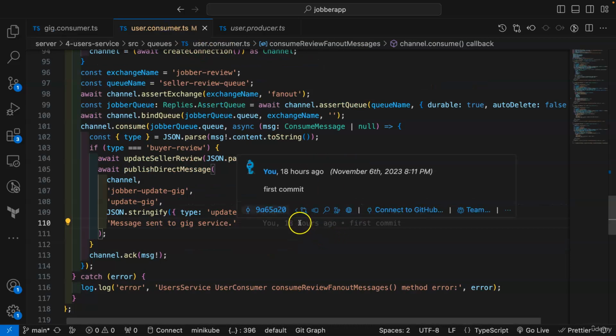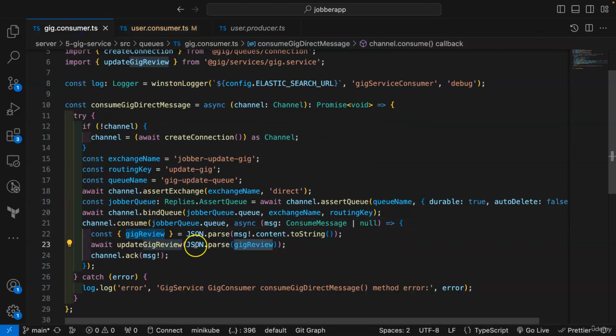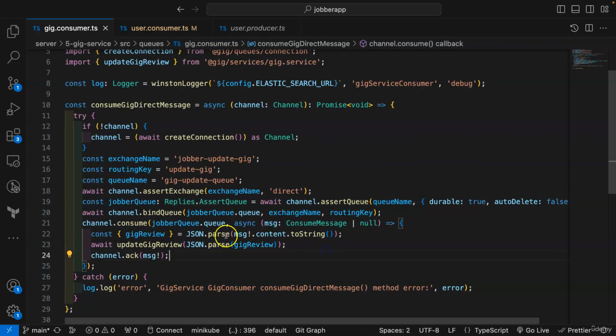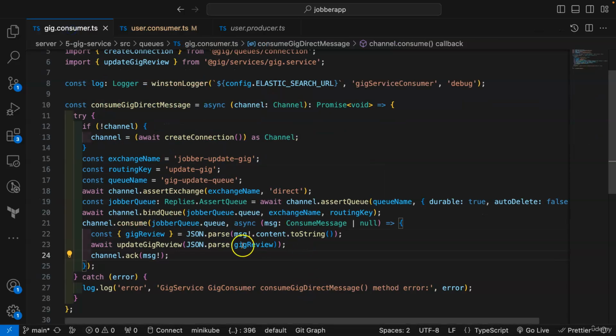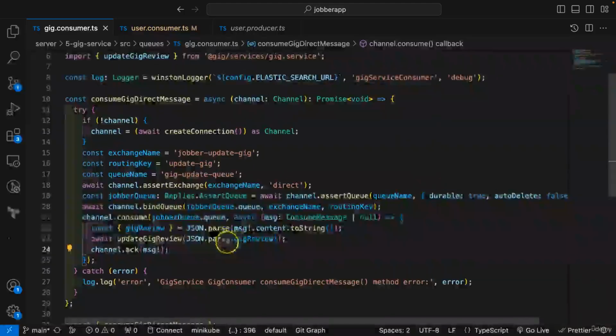So I think mostly the JSON.parse is called on this part, okay? Yeah, I think this is correct. So this second JSON.parse is called for this toString that we are using, while this first JSON.parse is called for this JSON.stringify we are using right here, okay? So that is why we called this twice. And then if everything's successful, we acknowledge the message, otherwise we throw an error, okay? So this is the first